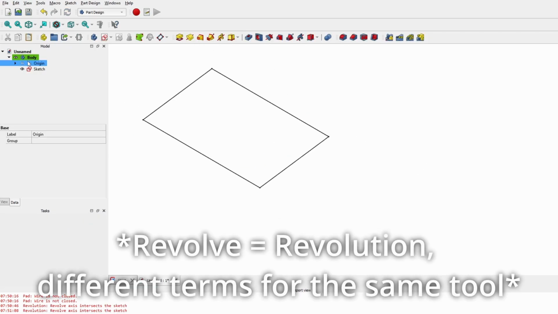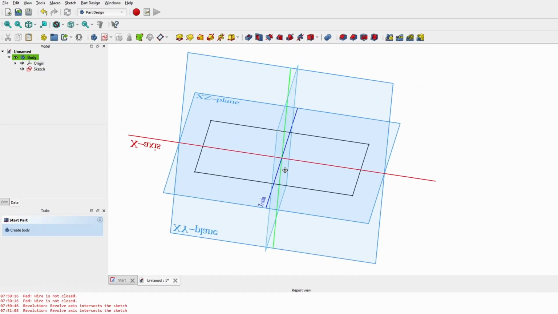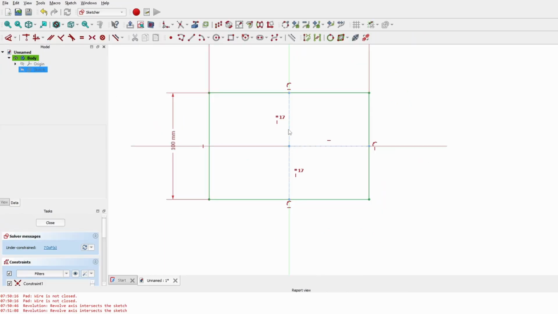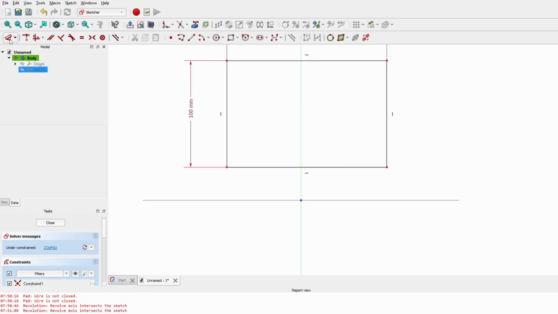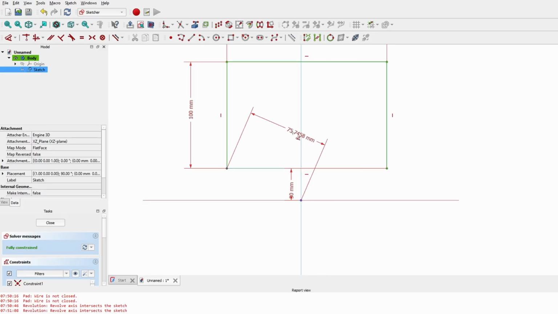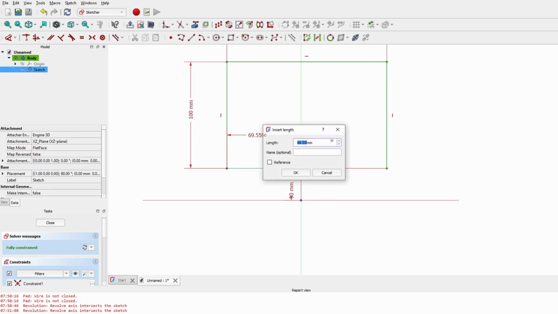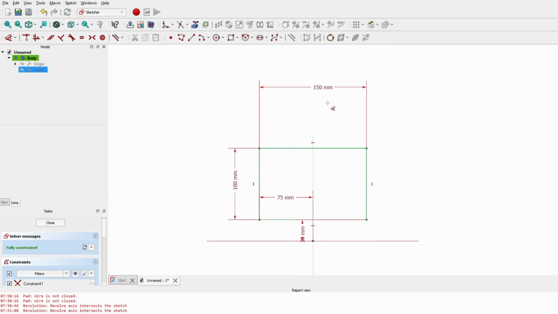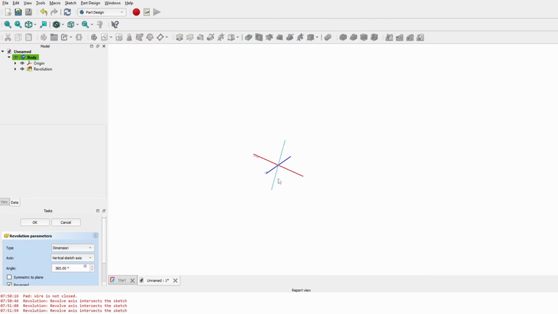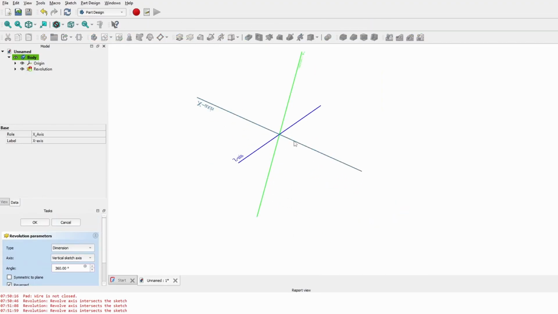Essentially for revolve, we're gonna need this shape to not be at the origin. So this is at the origin. We don't want that. So I'm just gonna move this and I'm gonna use the dimension tool to specify how far away from the origin we want to be. And then I'm gonna want that to be halfway, just so that, I guess, it looks kind of nice. So now if I press this sketch and I try and revolve around the x-axis,